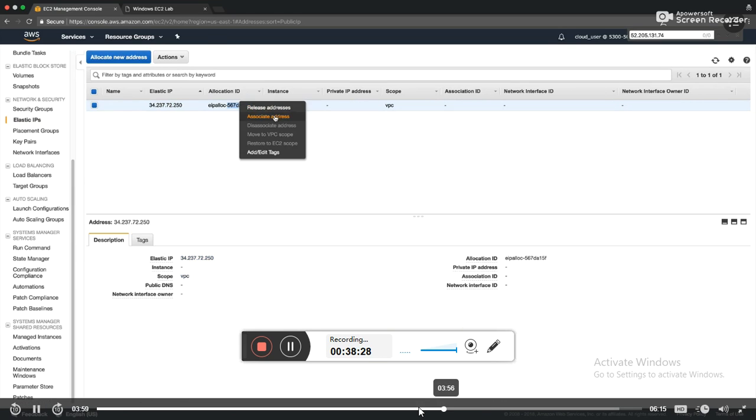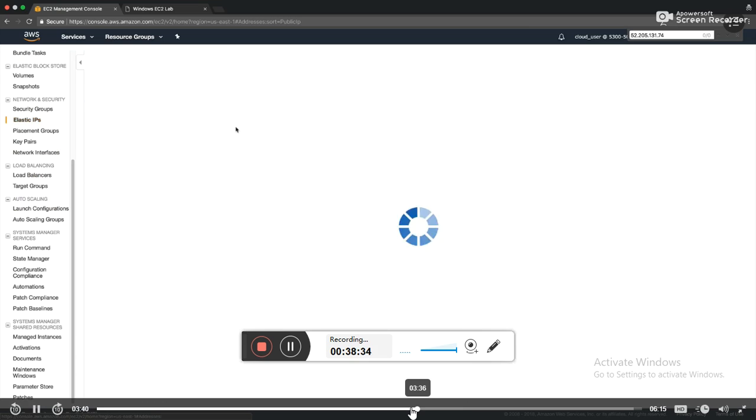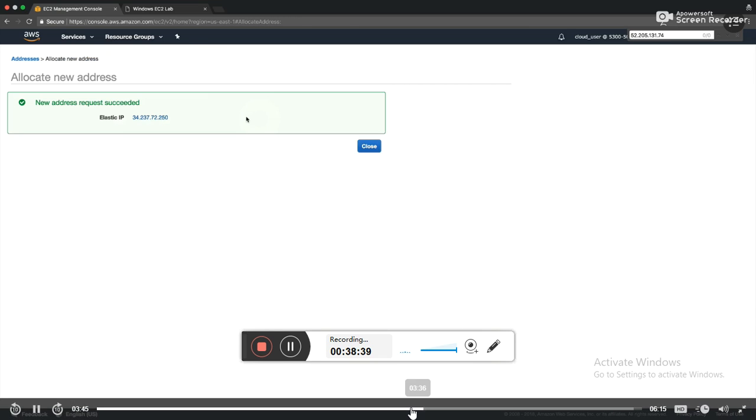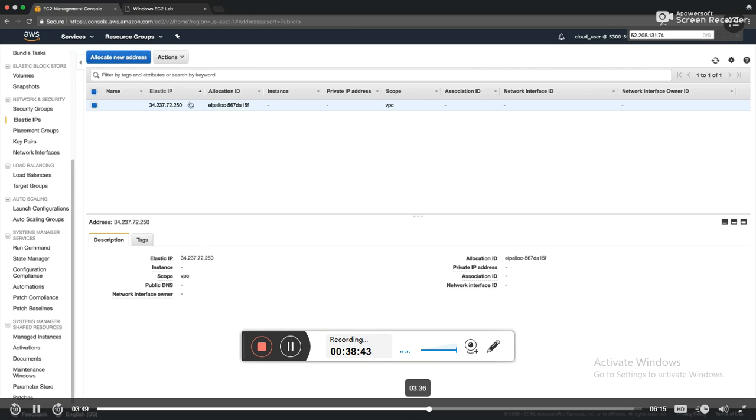So if I want an address, I'm going to select the left-hand side under Network and Security and select Elastic IPs. I'm going to allocate a new address. It's going to be allocated to my account. So I'm going to select Close. Now, this is my elastic IP address. Now, it's not in use. I can associate this to an Elastic Network interface. I can associate it to an EC2 instance. So I'm going to select